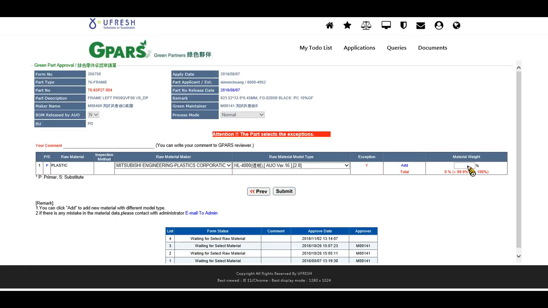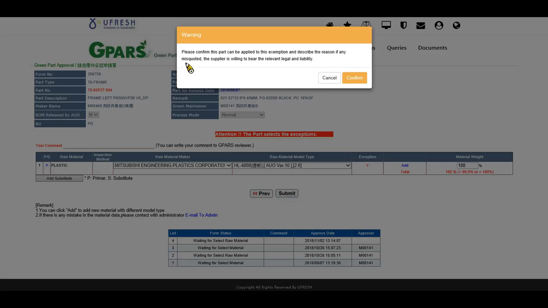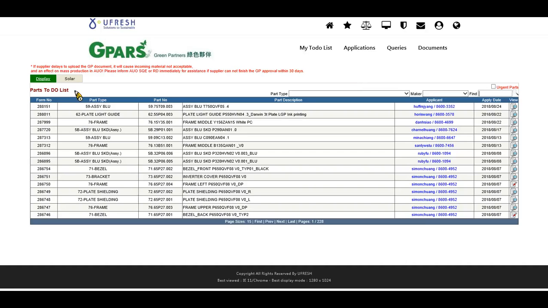Then you have to fill in the material weight. Remember, the material weight has to be more than 99.9% or equal to 100%. Then we can submit it. The system will ask you, please confirm this part can be applied to this exception and the description, the reason, if any, misquoted. The supplier is willing to bear the relevant legal and liability. Please confirm it. After you submit the special part for general approval, the system will take you back to the part